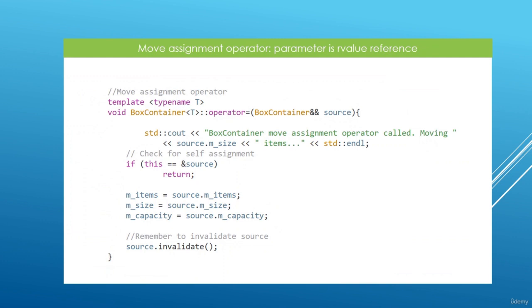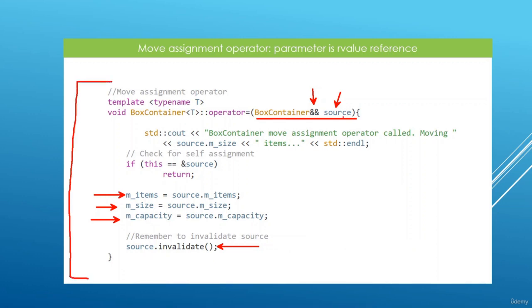We can also set up the same thing for our copy assignment operator, and it is going to be a move assignment operator here, and the parameter is going to be an rvalue reference. This is how you tell the compiler that this is going to be working on temporary objects. And again, we won't be doing any dynamic memory allocation. You see, we're not doing any copies. The only thing we do is steal the pointer in our source object, and we do that on this line here. We will steal the size, we will steal the capacity, and we will invalidate the pointers in our source object. And this is going to be all we need to get this to work, effectively stealing data from our temporary object. And this is really